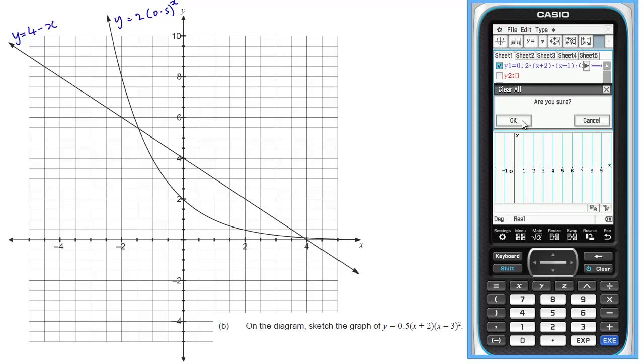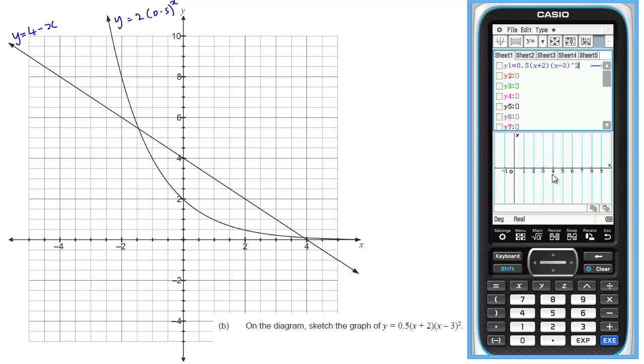So we'll just clear anything that's there at the moment. And we want to put in 0.5, and then bracket x plus 2, and then bracket x take away 3